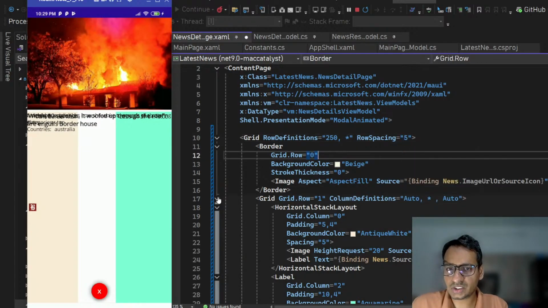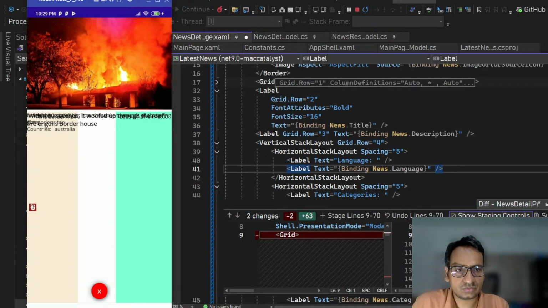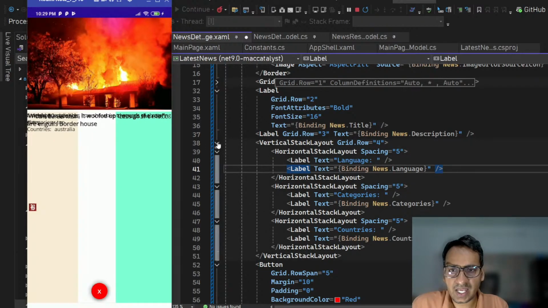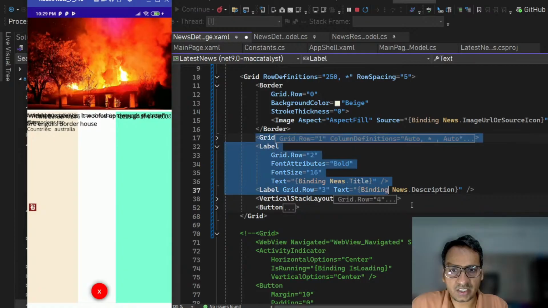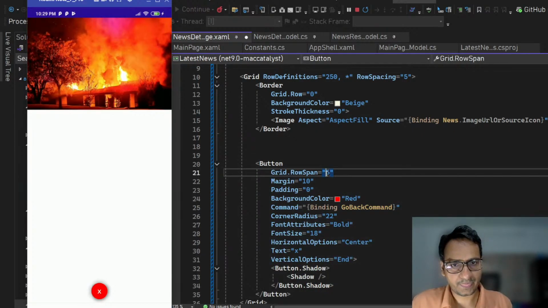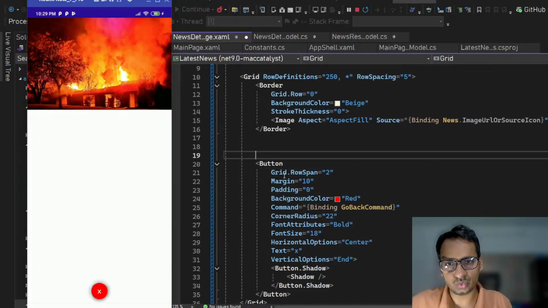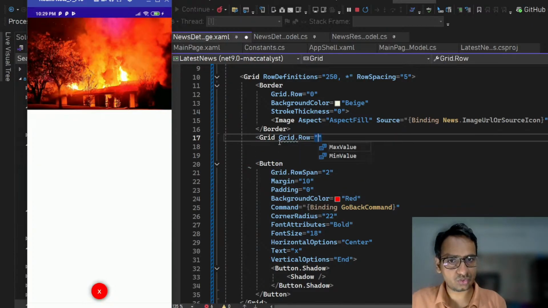So first border. After that, whatever content we had, we are going to have that entire thing in a grid again. We'll not have the button inside that. Button we'll have outside in the main grid only, with the row span as 2, because now the main grid has only 2 rows. So Grid.Row for the parent is 2,